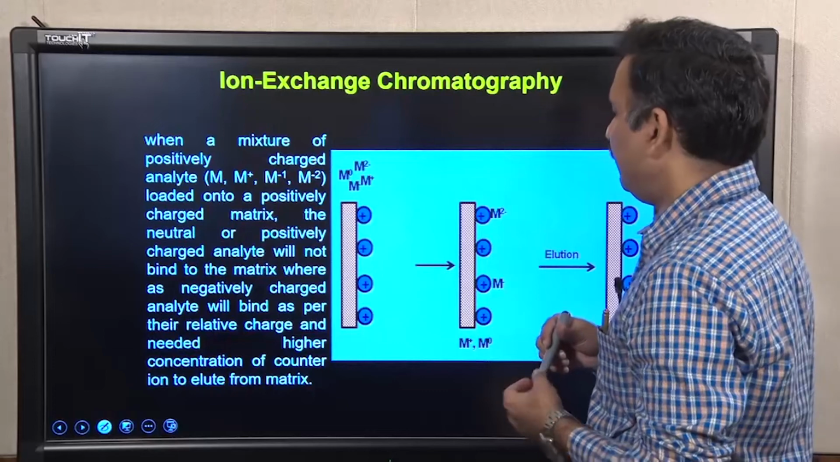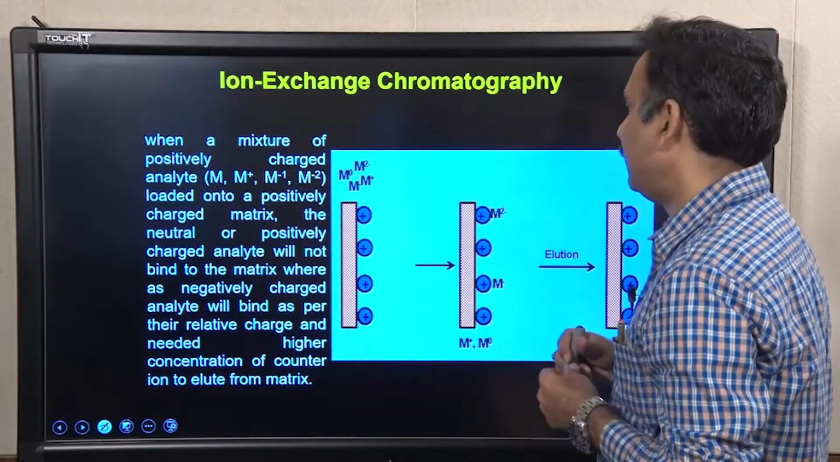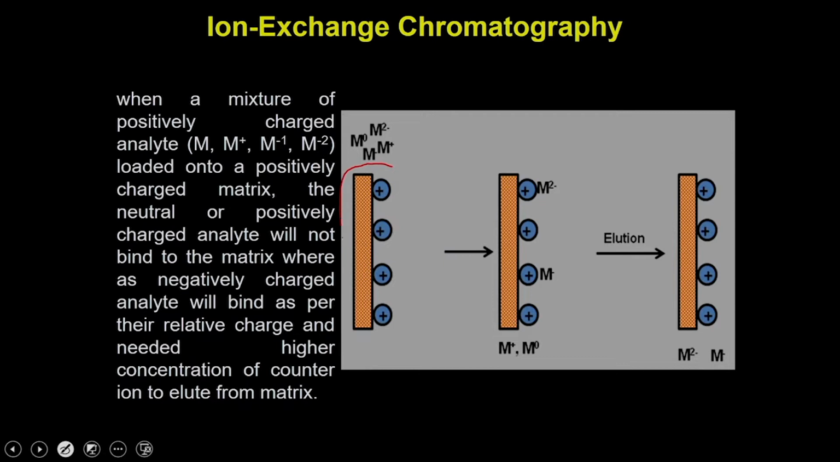So, let us see, if you take an example, we have a positively charged matrix. If you flow a mixture of positively and negatively charged analytes, for example, you have 4 analytes: one is called M0, M minus 1, M plus 1 and M2 minus. So, you have the 4 analytes and you are flowing them onto a positively charged matrix,